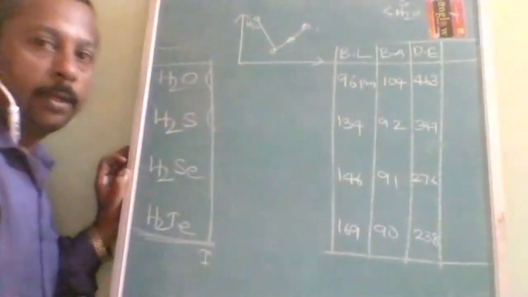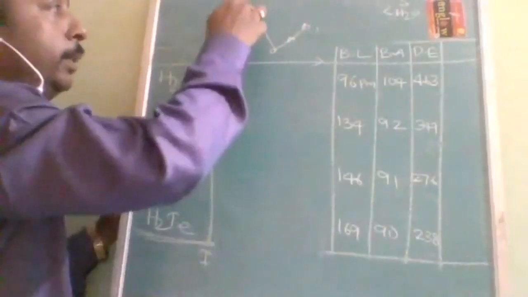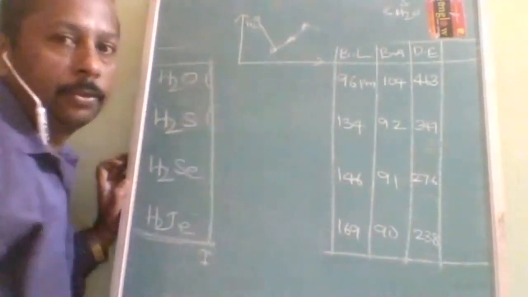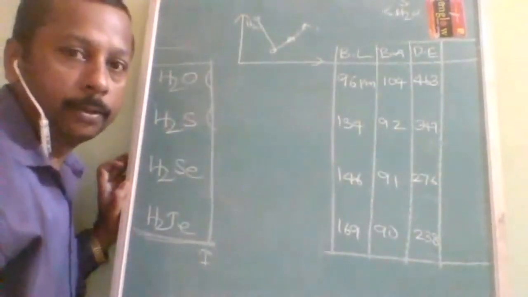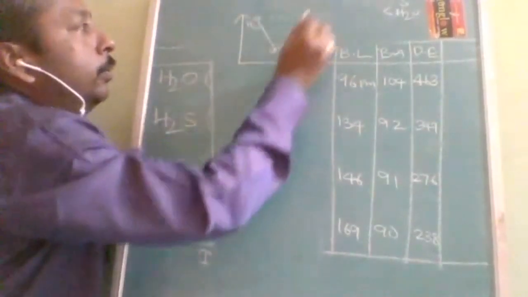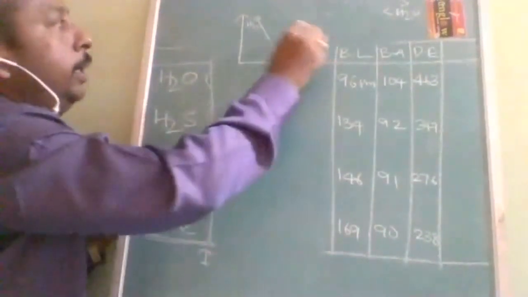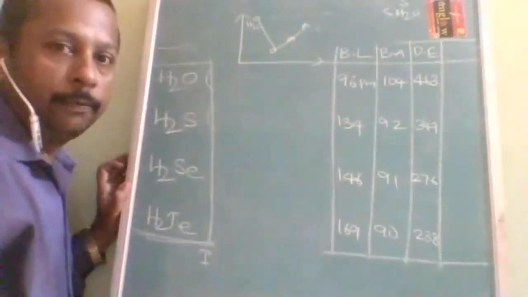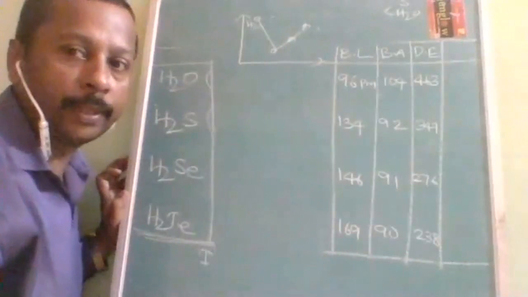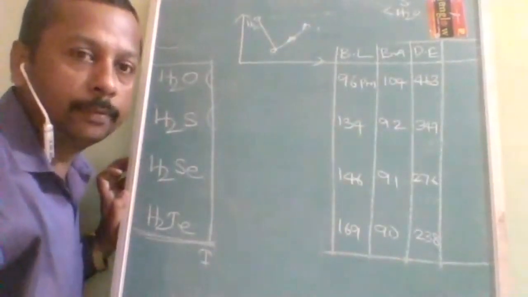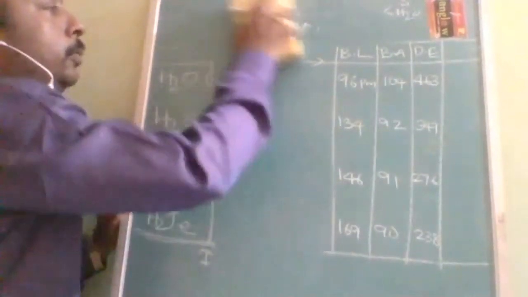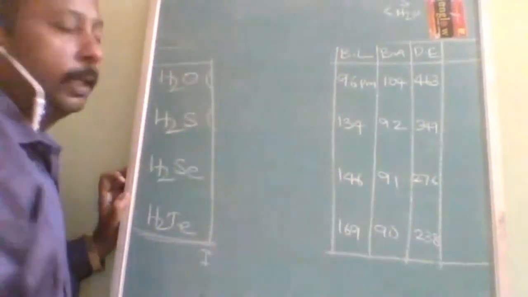Okay. So what people are doing, they understand that from H2O it is decreasing, but they forget whether this point should be above this or not. That is what people are forgetting. Okay. So to avoid that, you have to simply make this also: the value of H2Te is less than H2O. Okay. So confusing options will be there. So you should be prepared in all aspects: arrangement wise, increasing order, decreasing order, reason wise, where it is supposed to increase, and graph also. Okay. In all ways, these two columns, I think it is now clear.